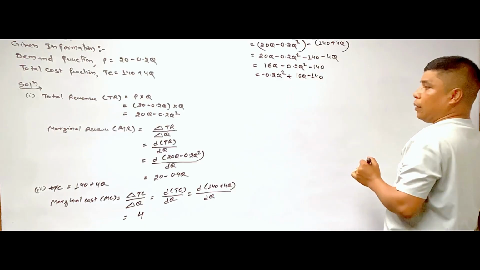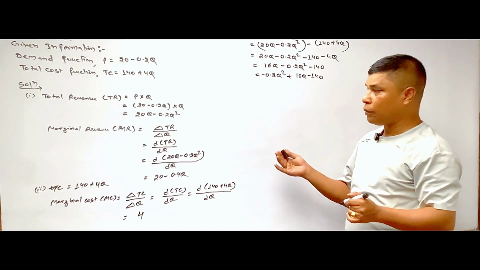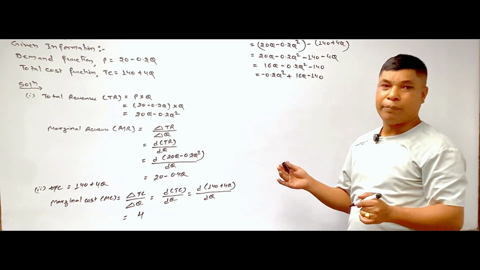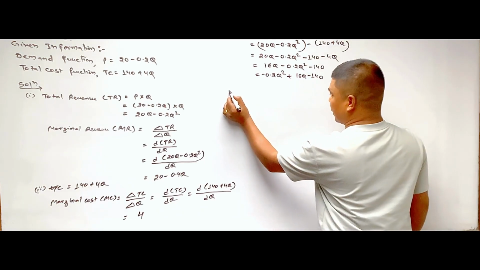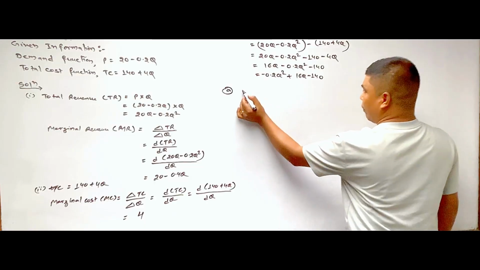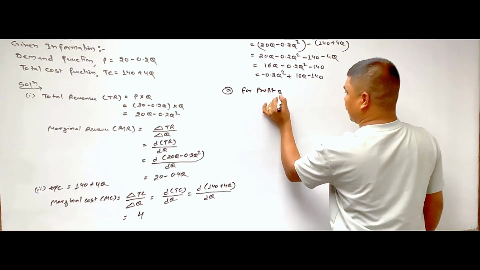So before solving the problem, we need to compute total revenue, total cost, marginal revenue, marginal cost, and profit. Then the first question is related to profit maximization. A. For profit maximization,